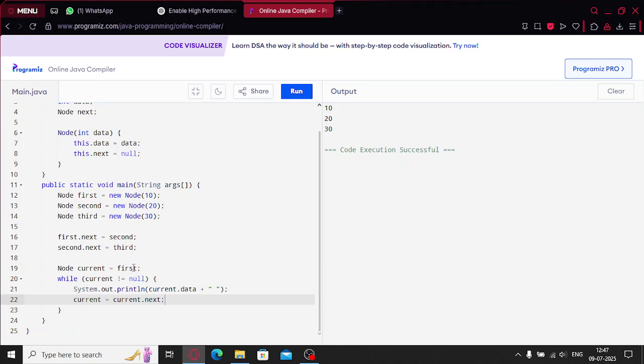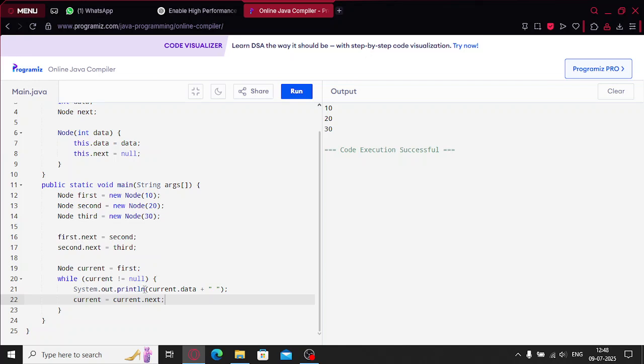Since you want to be printing the value of these nodes, your first node will be your current node where you will be, let's just say, standing, right? So while your current is not equals null, so as long as your current does not have a null value, your current is not empty, which would also mean it does not exist. So while current does not equal null, we'll go on to the while loop,